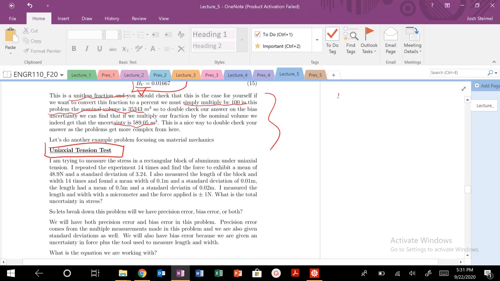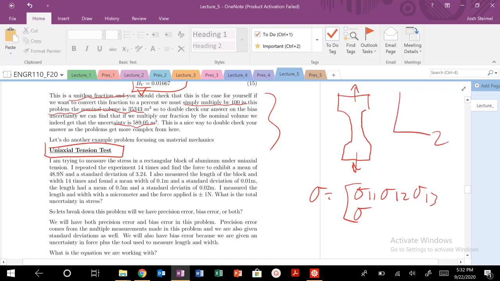So hopefully people remember from material science, if I have material like this, and I pull my material here and here, we are going to measure essentially the stress in our block of material. So hopefully you remember that stress is a tensor quantity, sigma 1,1, sigma 1,2, sigma 1,3. And if I have my coordinate system like this, sigma 2,1, sigma 1,2, because we are symmetric, sigma 2,2, sigma 2,3, and then sigma 1,3, sigma 2,3, sigma 3,3. If we're in our uniaxial tension test, I just have stress in the 1,1 direction, so every other